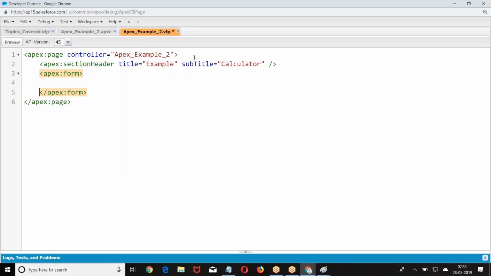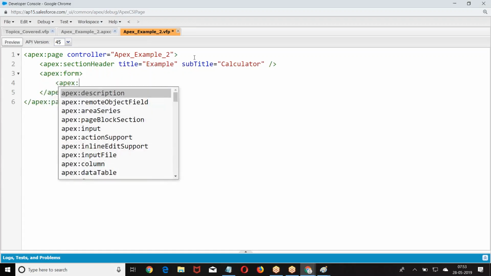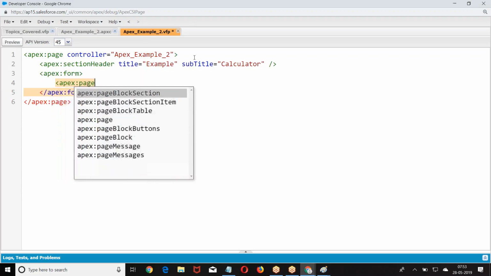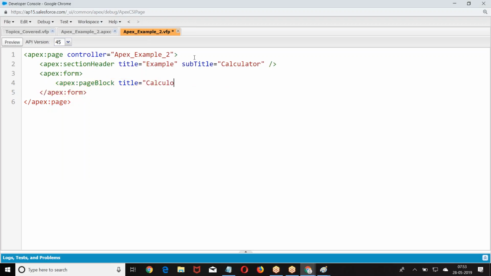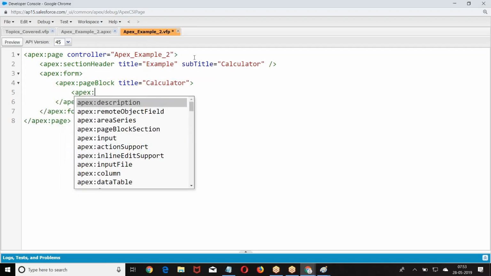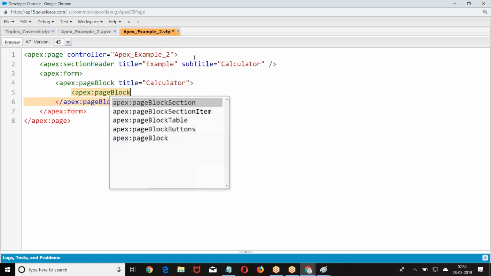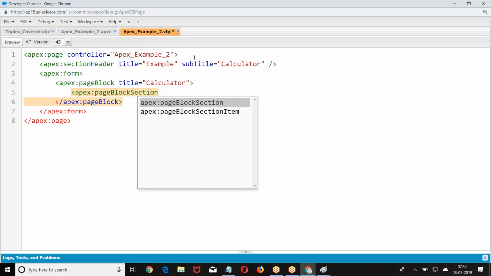Whenever we need input components, it should be within the apex form. So go back here. So I was taking page block, apex page block section.